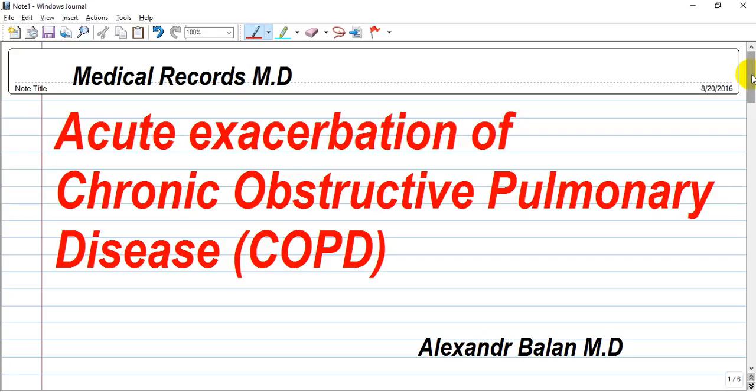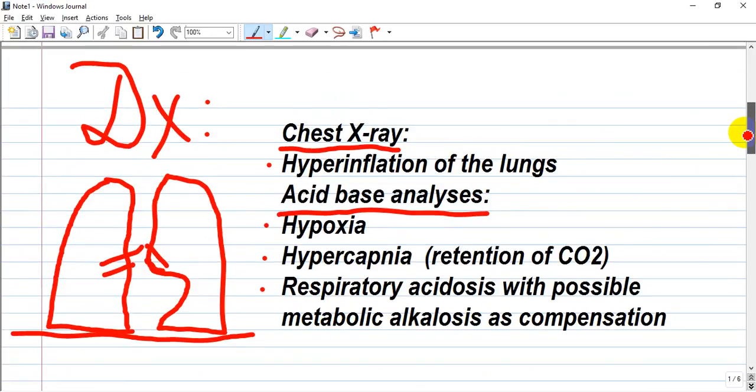COPD is one of the four leading obstructive diseases, and it is mostly encountered in people with a long smoking history. It may also be seen in recurrent infections or in a patient with cystic fibrosis. So let's start. How to diagnose